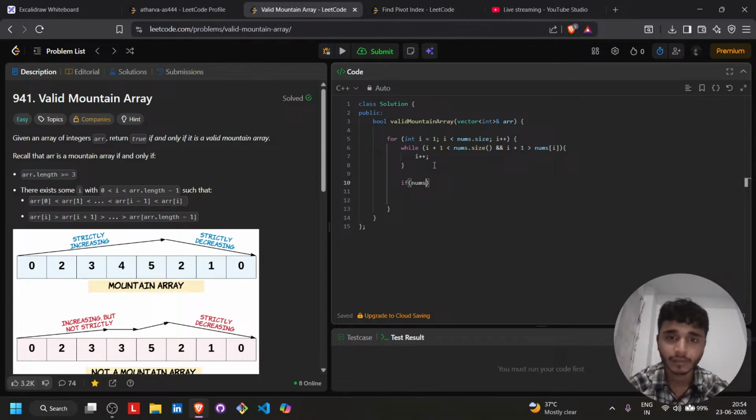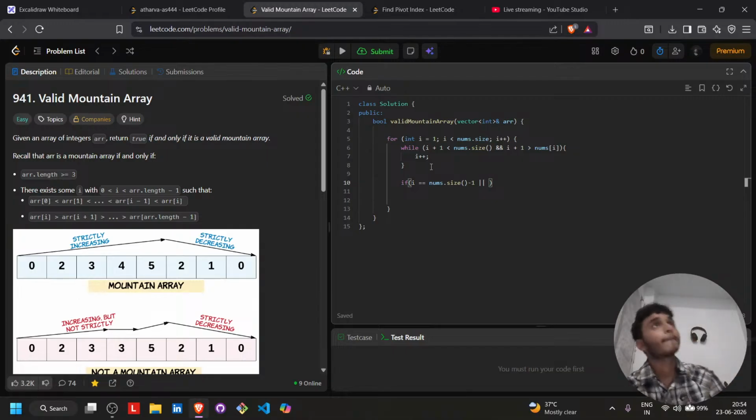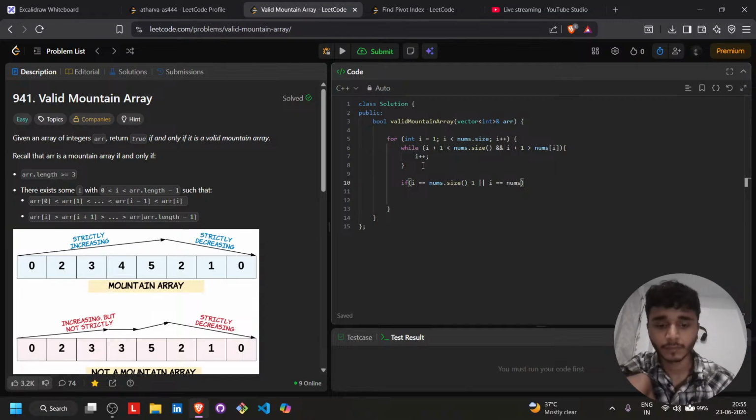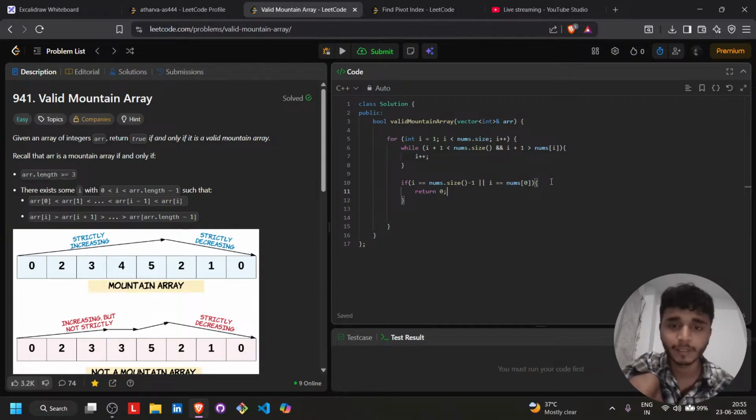After that, we will check, till the peak, if i is equals to nums.size() minus 1, or if i is equals to nums 0 index, then in this case we have to return false, because then it will not be a valid